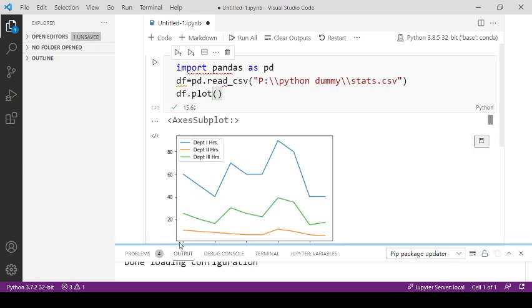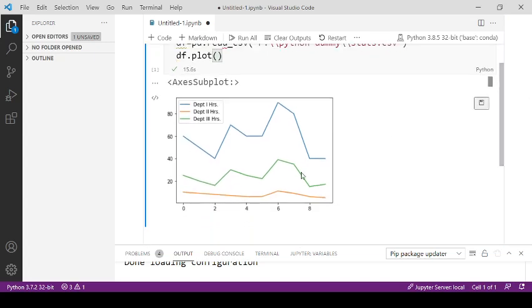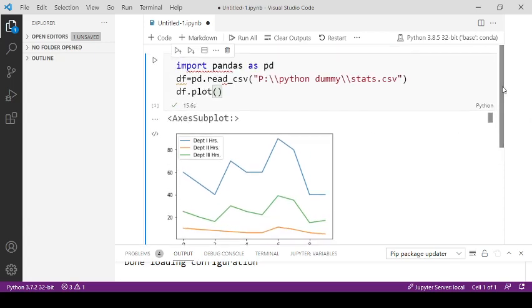So we have this x-axis and y-axis. The x-axis shows values 0, 2, 4, 6, 8 and so on, and on the y-axis we have 20, 40, 60, 80, and based on the data frame value we have this graph, right?